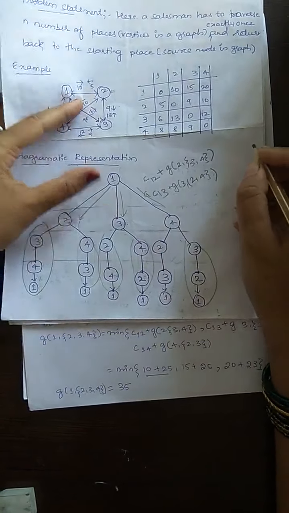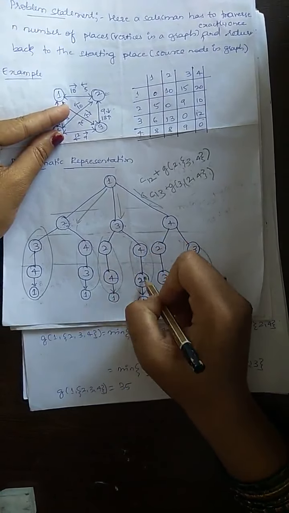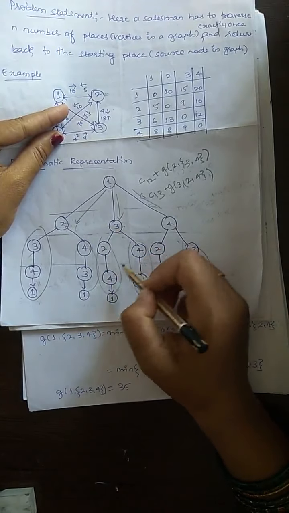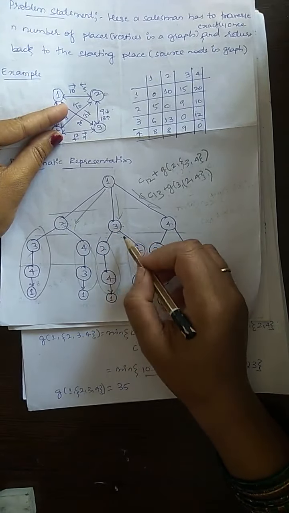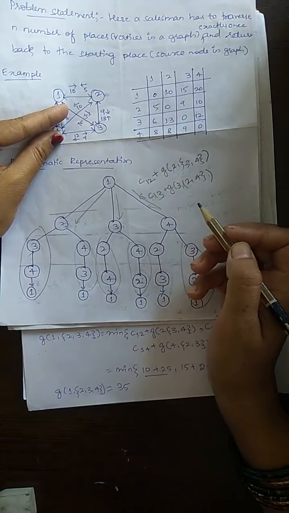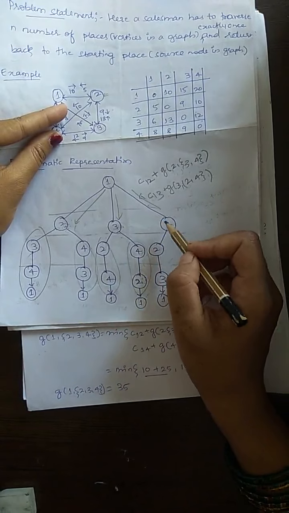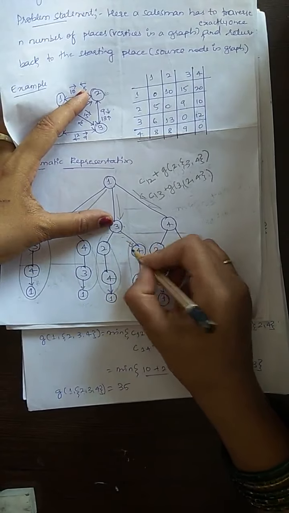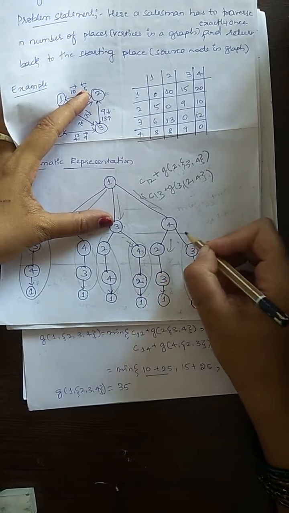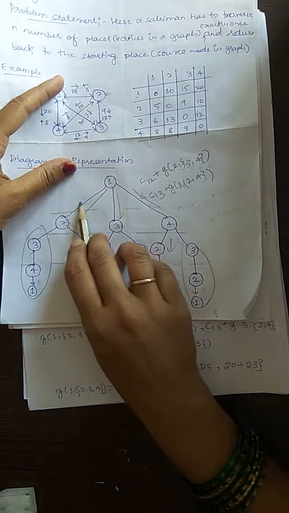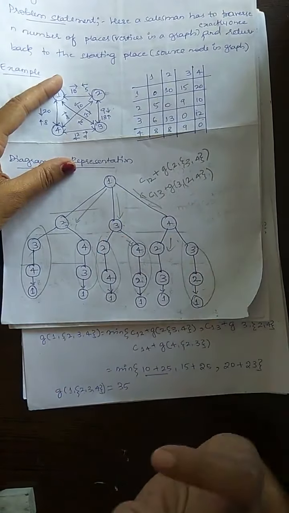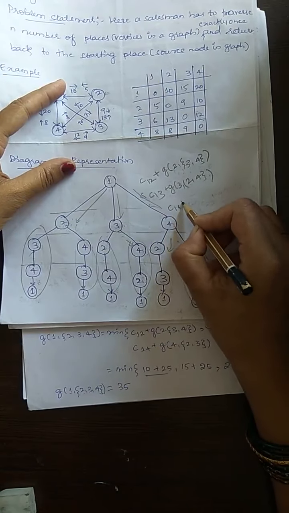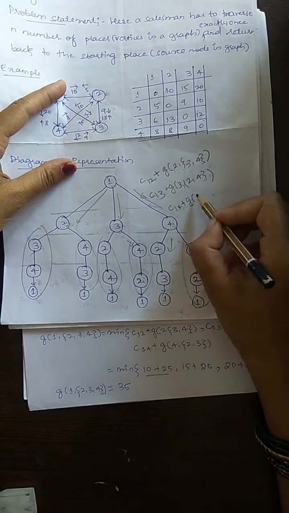Now you may ask me that here also we are having 2 paths. Why am I considering only one path? Because I have already found out the minimum of these 2 paths. No need of finding the minimum again, this one or this one. Already in the previous level I have found out the minimum. So if I come to 3, between these 2 paths this is minimum. If I have come to 4, between these 2 paths this is minimum. I have already found out. So I want to find only the minimum here, either to 2, 3 or 4. So I am taking it like this. Next, C of 1 to 4 plus cost of from 4 to remaining.